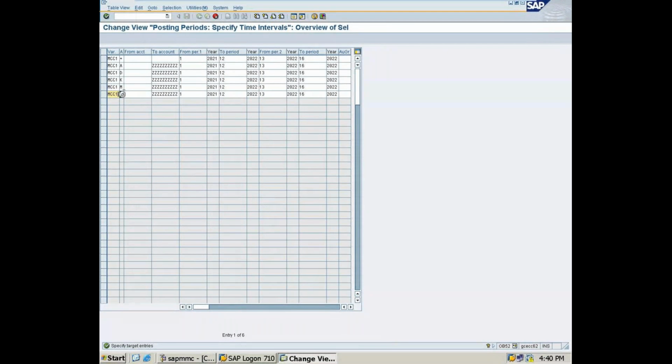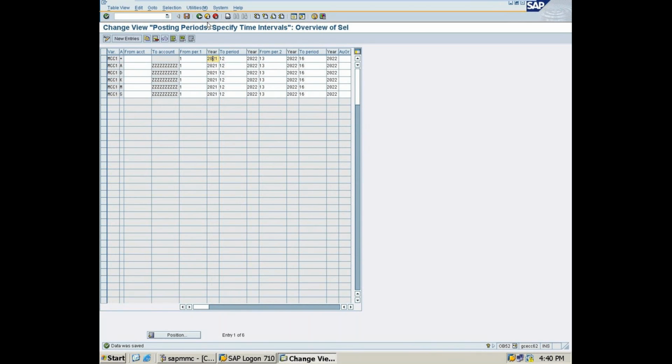So after giving this code, what you need to do, if the years are not there, first opening will be 21. Next year it will be 22. These three will be 21, 23, 23, 23. Then 22, right? Now it is 22, 22, 22 only. I'm talking about the next year. Means if you are doing in the next year, the first opening will be 22. These three closing will be 23. Now once you press enter, it will copy, then you save.